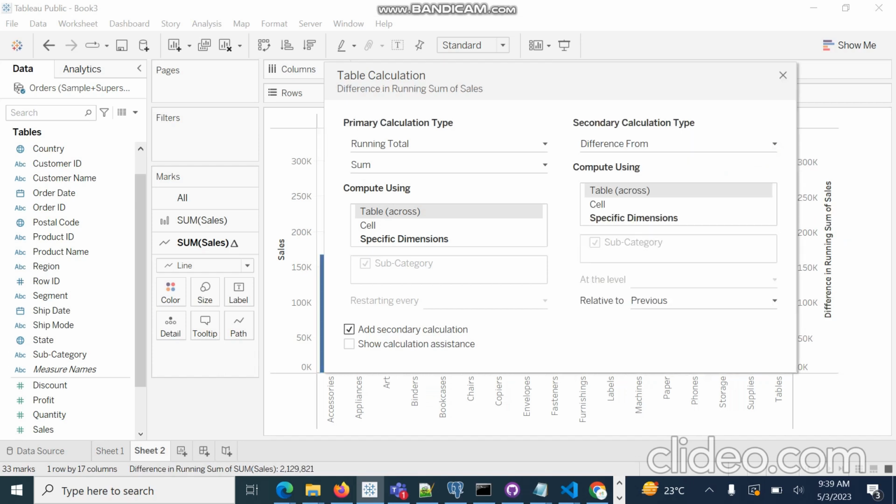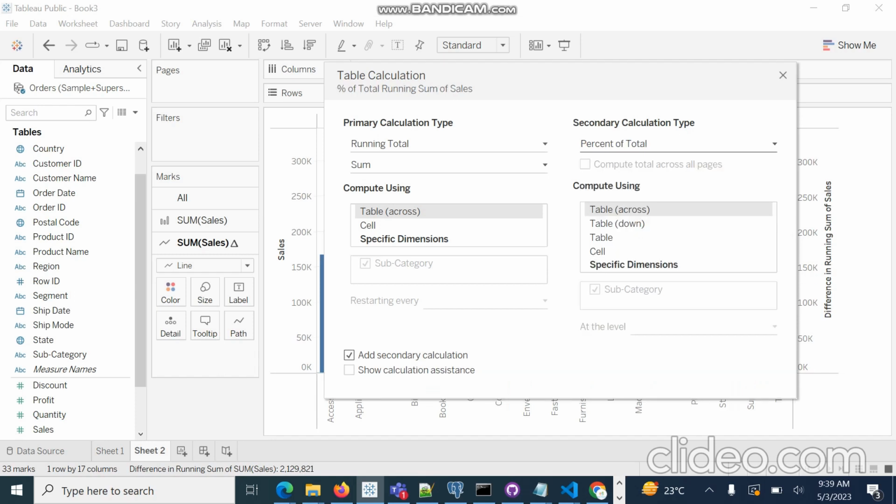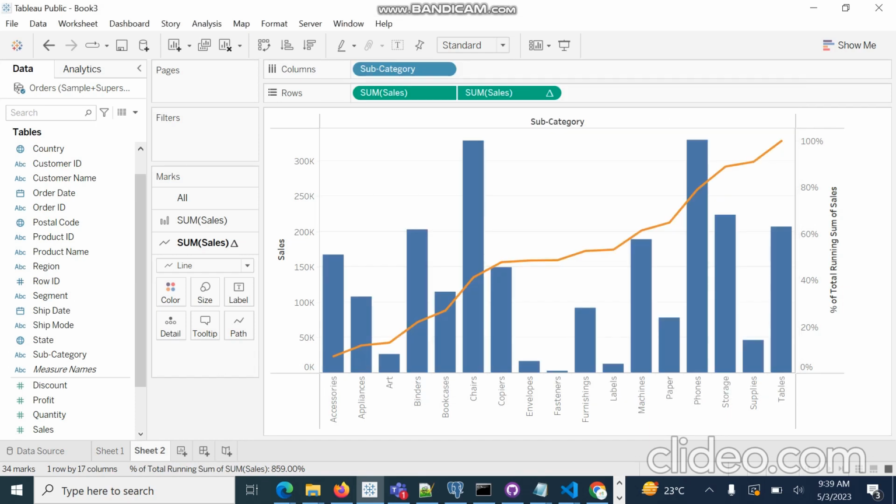The secondary calculation should be percent of total, computed using table across. If we do this, you can see the running total coming in the form of percentage.